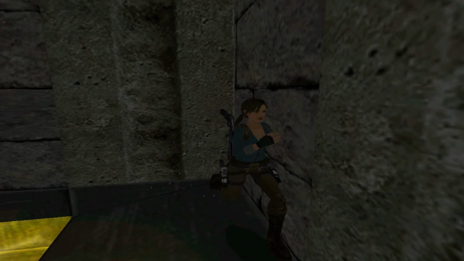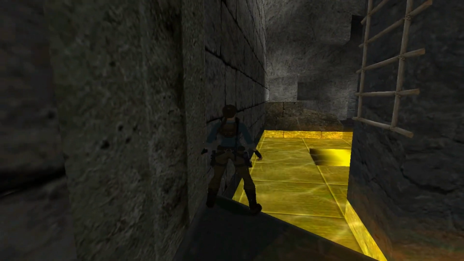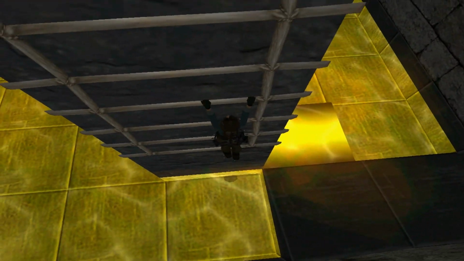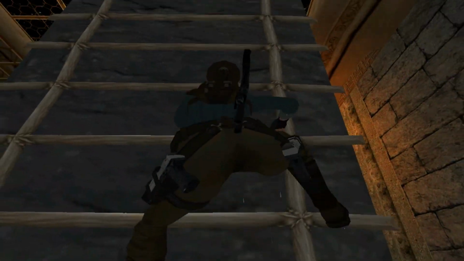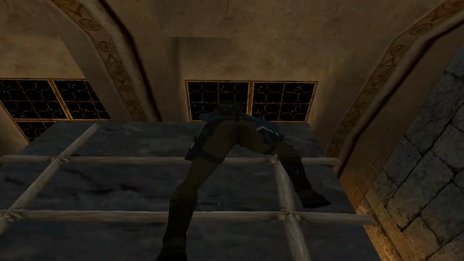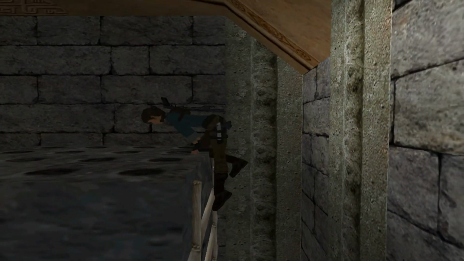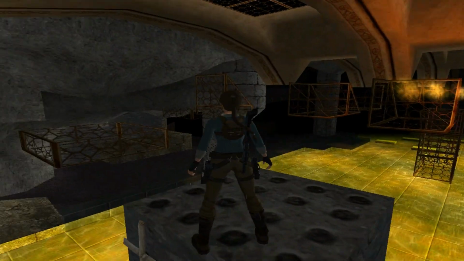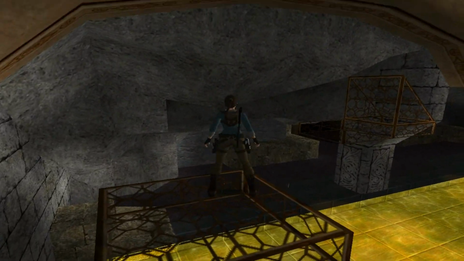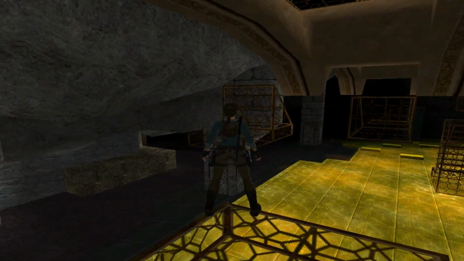Okie dokie. So firstly, I'm going to be grabbing a secret. If you do grab the secret, you're going to have to make those jumps over again. So you might choose to leave the secret behind on your own playthrough. So jump to here, and then I'm going to hop over to